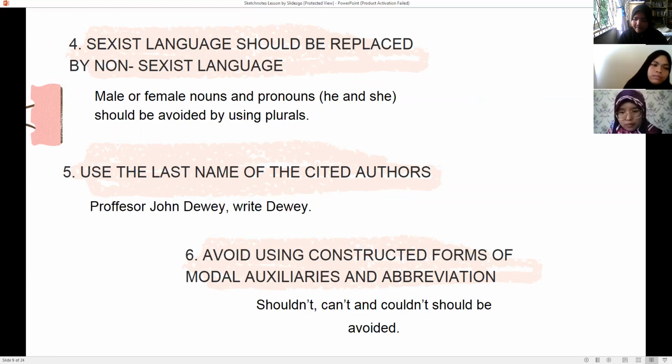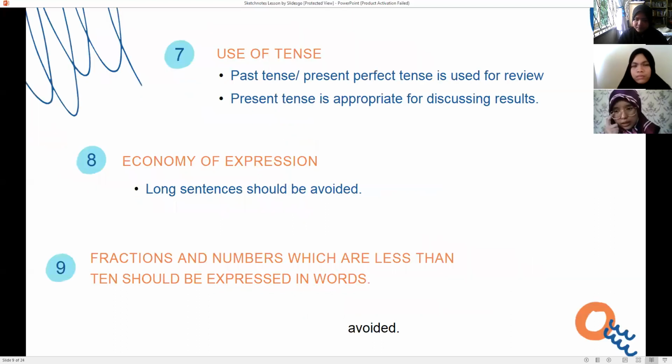The exception only occurs for well-known abbreviations such as IQ. Abbreviation is actually the short form of words, so we should avoid using the short form of any words in our report.